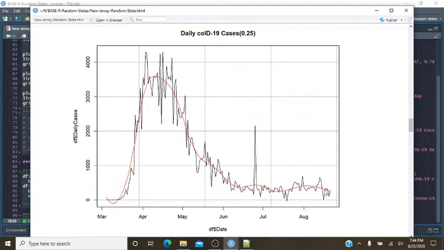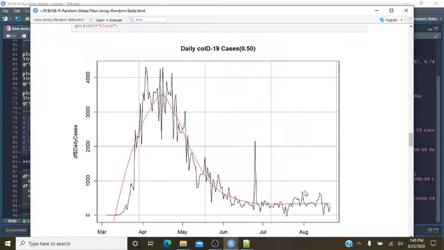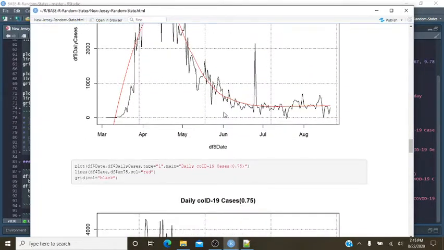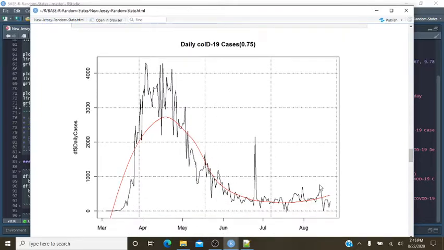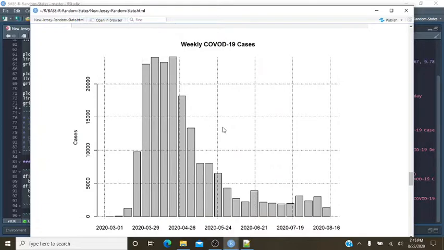Showing some decline here, a little there. 0.50 levels out too much for my liking. This kind of trends up a little bit. And like I said, since I'm not really sure what I'm doing wrong with the deaths, I'm going to have to think about that and maybe make a quick video about it once I got it figured out.